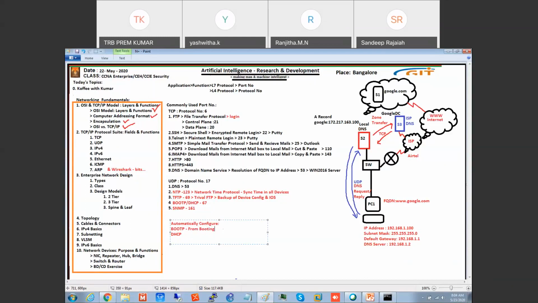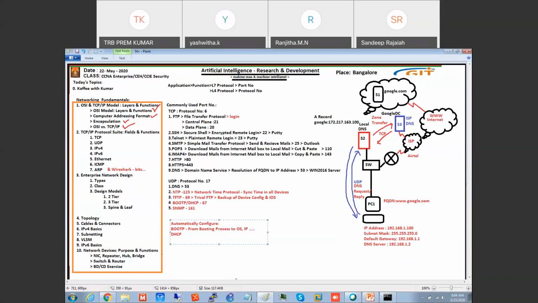Understand here, from booting means when I power on a router, when I power on a computer, from the booting process, it will help you to configure everything: IP, OS, etc. So everything it will automatically configure.